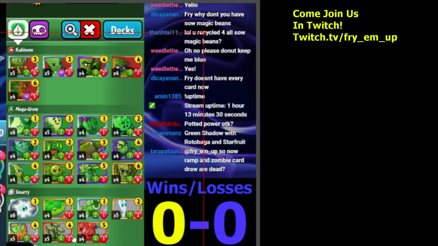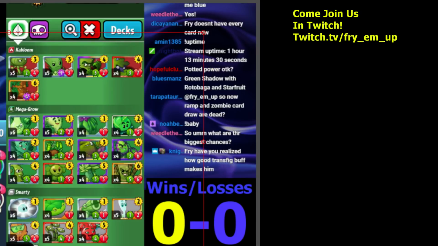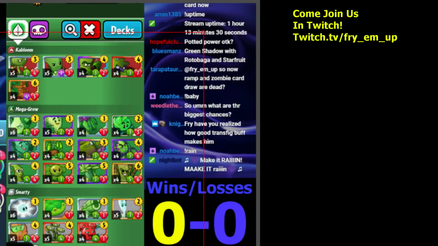I don't know what you're asking about. Ramp and Zombie card draw are dead? You mean Miracle decks for Zombie, yeah. Miracle Zombie decks, which means decks that you're drawing tons of cards and making a big combo, are dead now. Have you realized how good the Transfig buff makes him? It makes him not die to Rolling Stone. It's significant. I don't think he's a competitive card now, but...